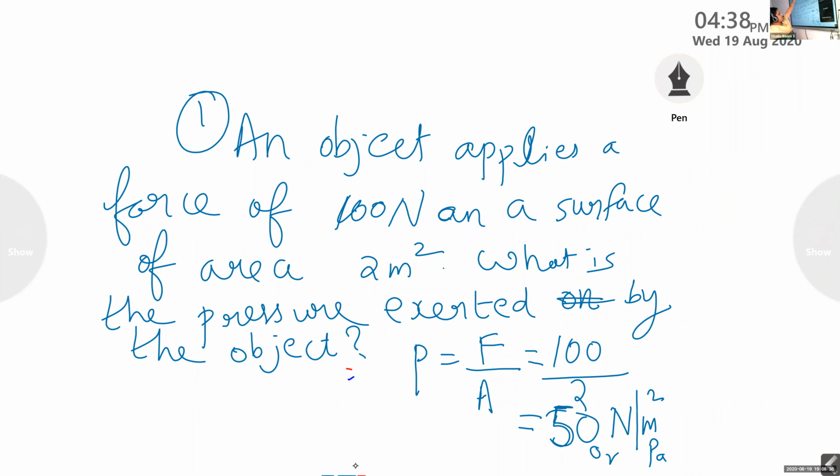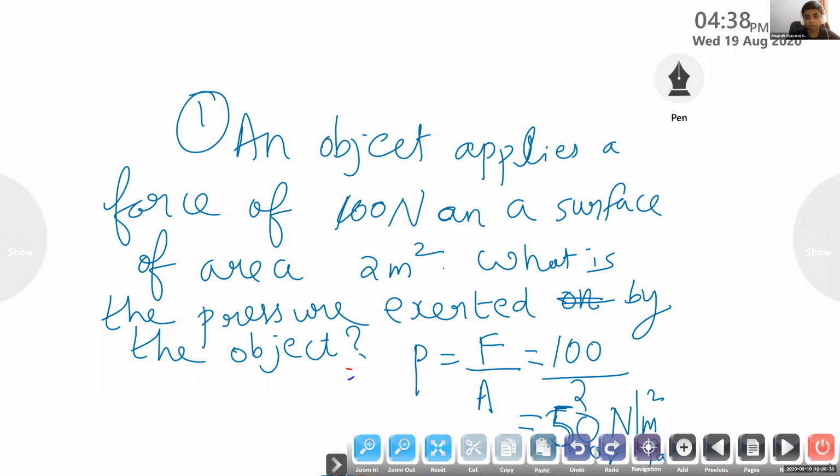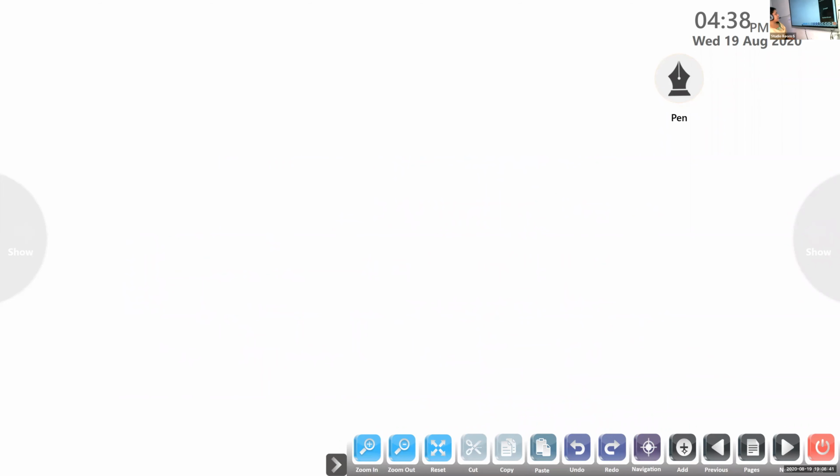Okay, can I change it, children? Yes, ma'am. Before we go to the next problem, I would like to ask you some maths. Jeff, 1 meter is equal to how many centimeter? 100. Jeff, you don't know it.